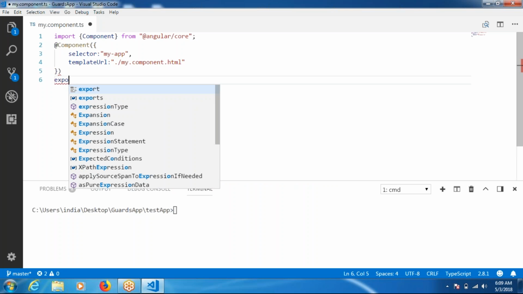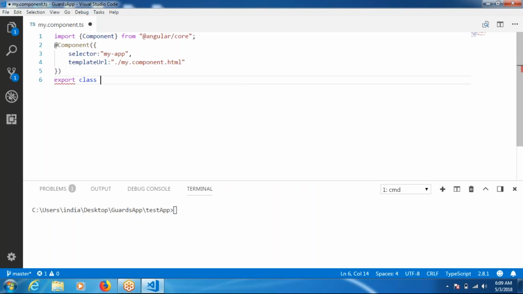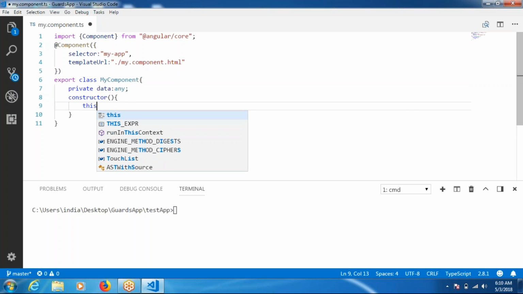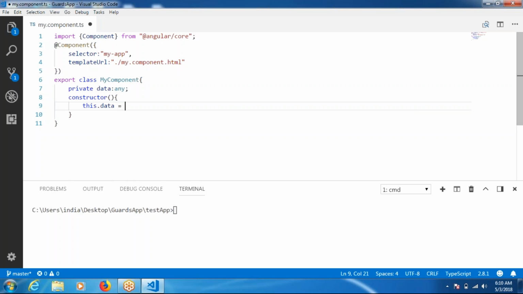How to export the class? Export class MyComponent. Take one variable: private data variable, of type any. Initialize it with the help of the constructor. How to initialize? this.data equals